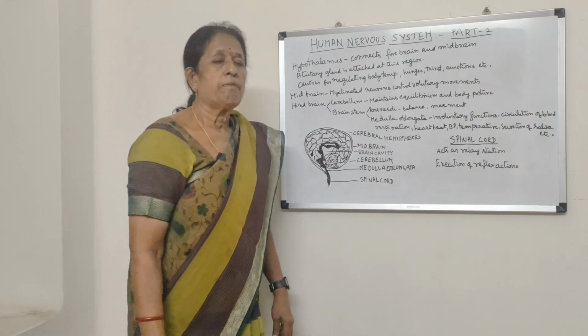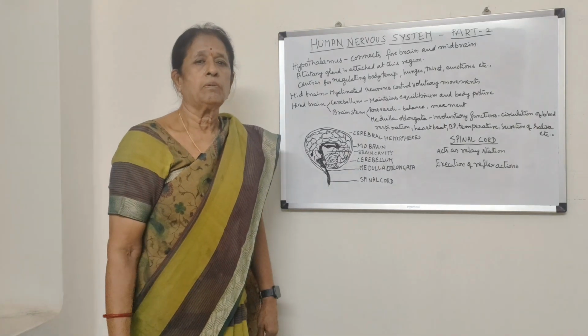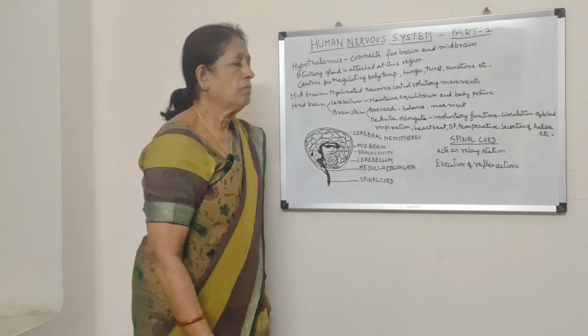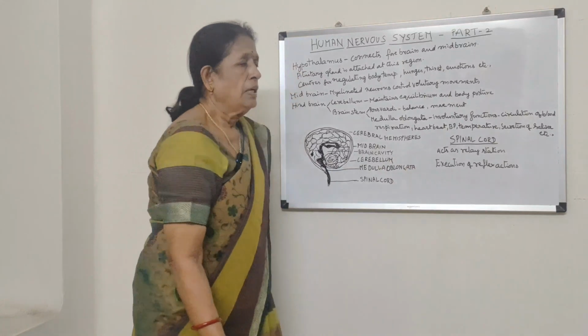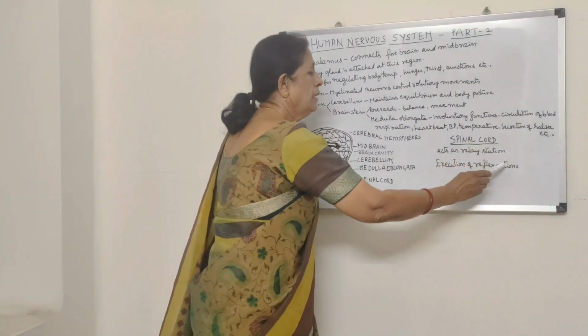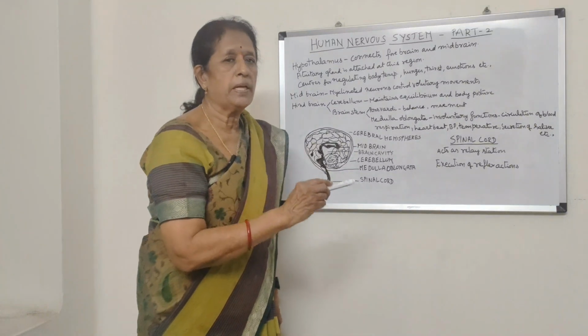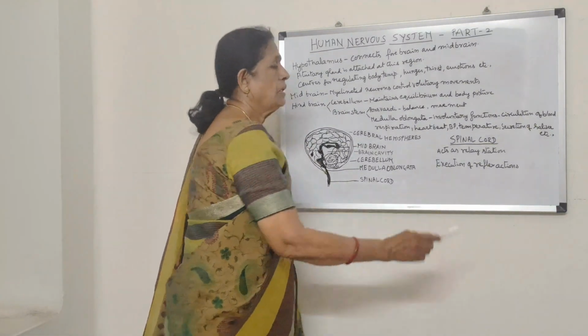They are called reflex actions. The reflex actions are under the control of spinal cord. The brain is not involved in the execution of reflex action. That is the function of spinal cord. So spinal cord mainly acts as a relay station between sense organs, brain and effector organ, and executes